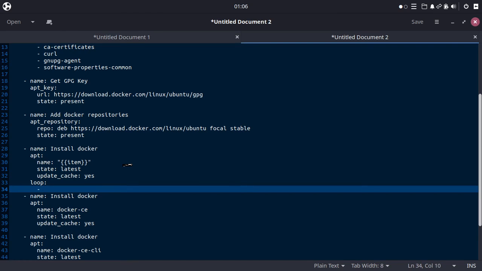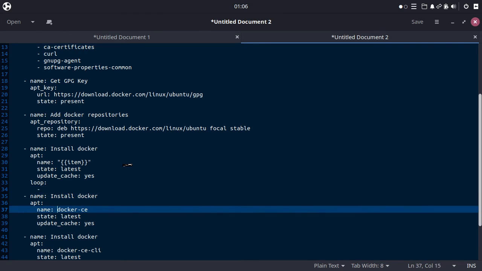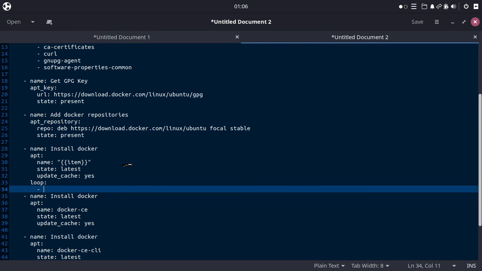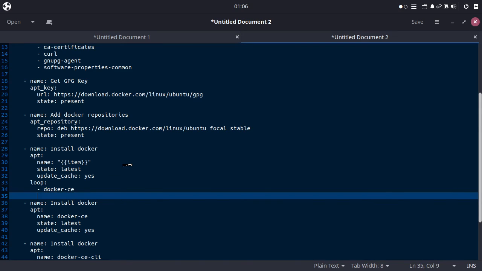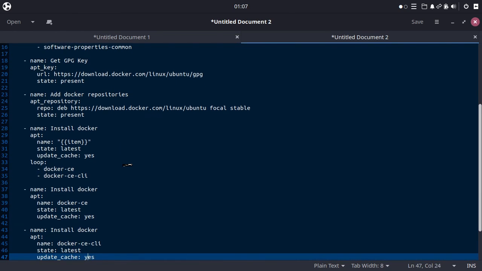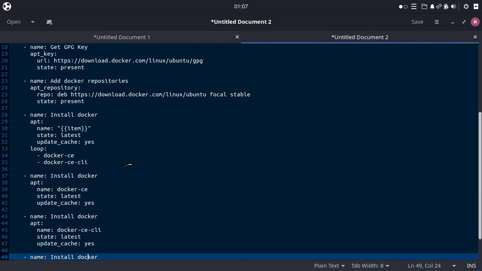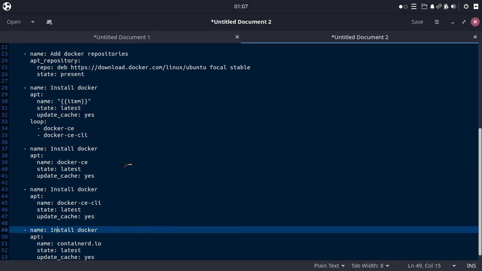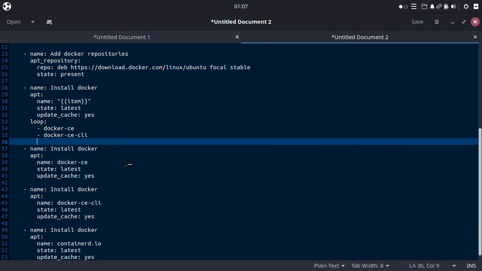The names of the applications: Docker CA, Docker CA CLI, and the last one is containerd.io.